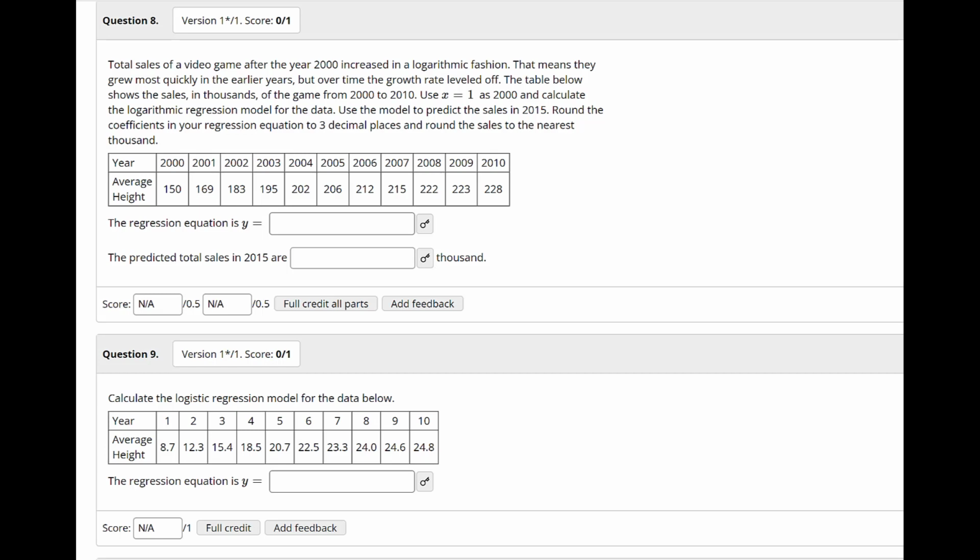Use x equals 1 as 2000 and calculate the logarithmic regression model for the data. Use the model to predict the sales in 2015. Round the coefficients in your regression equation to 3 decimal places and round the sales to the nearest thousand. Okay, so here's our data there. So you see 2000 will be 1, 2001 is 2, and 3, 4, all the way across to